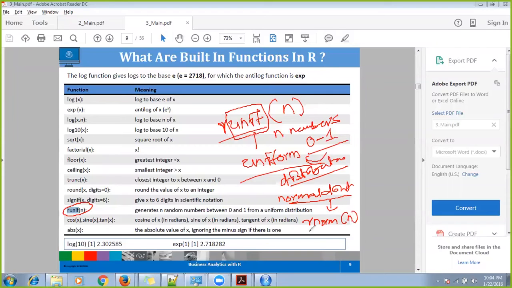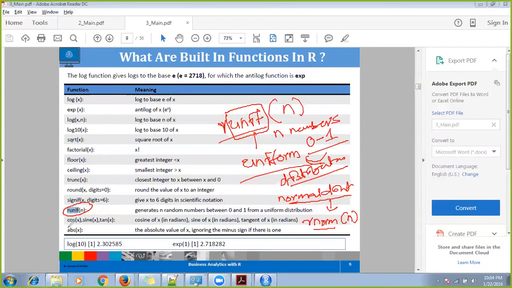Pass the value n. That means create n numbers which follow normal distribution. That's all it means. Just understand this is creating random numbers using a distribution.